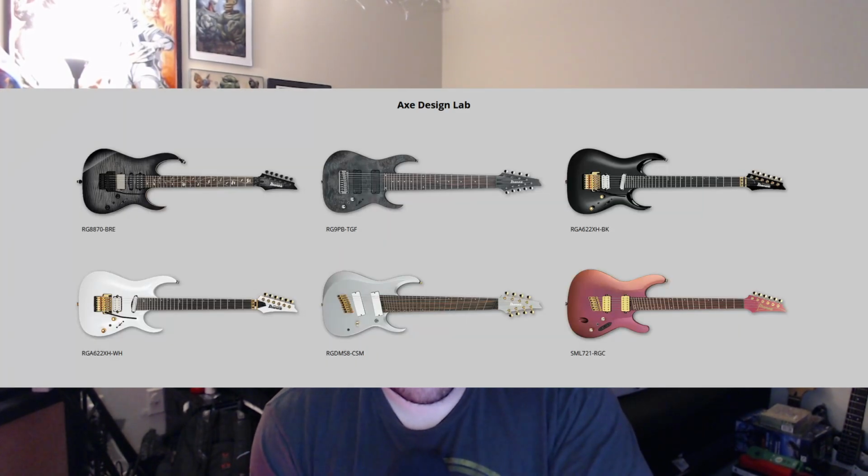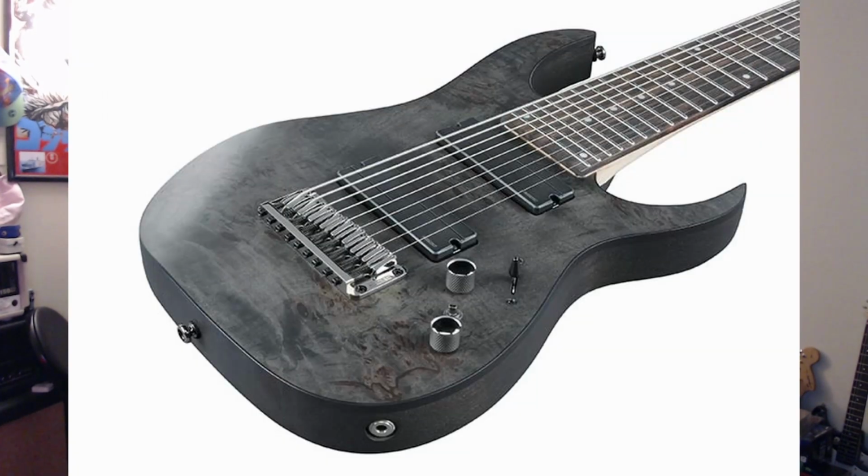Now moving on to some of the more crazy stuff that Ibanez is putting out from the Axe Design Lab line. For starters, we see J Custom. So besides the J Custom, which seems to be on par with what we've seen before in terms of the J Custom stuff, we have some really crazy stuff. Ibanez 9-string, Fishman Fluence pickups, insane